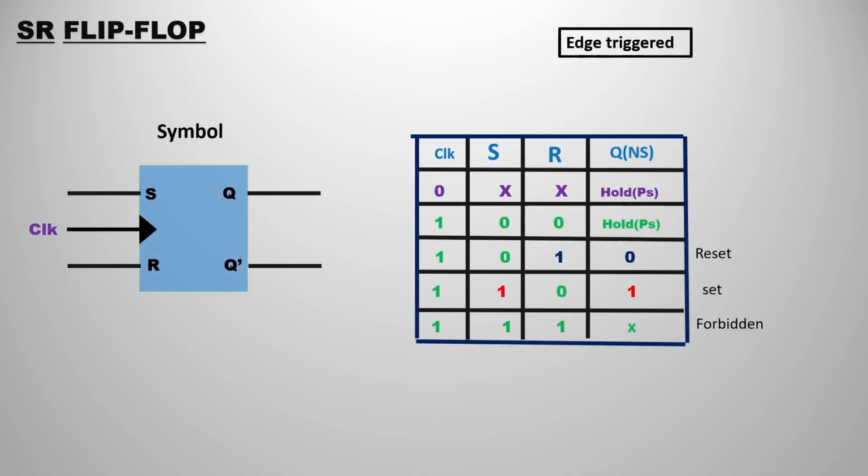Let us quickly see the truth table for the SR flip-flop. If you see clearly, it is almost similar to the truth table of the latch. If reset is 1, then our whole output would be reset to 0. If set is 1, whatever may be the reset, the output would be set, that is 1. For S is 0, R is 0, the condition would be the hold condition. If S is equal to 1, R is equal to 1, the output would be forbidden. Means it is an invalid state, we are not going to use or pass it in the flip-flop.